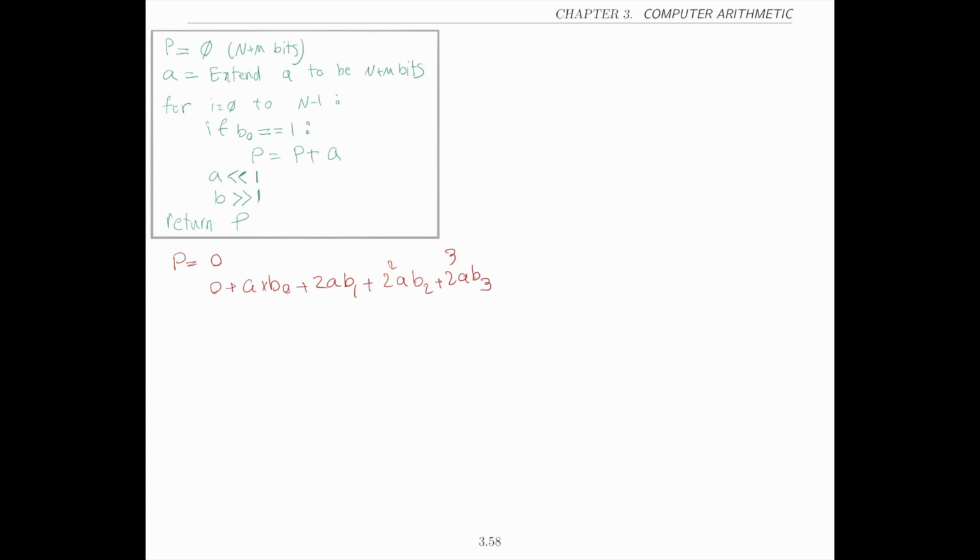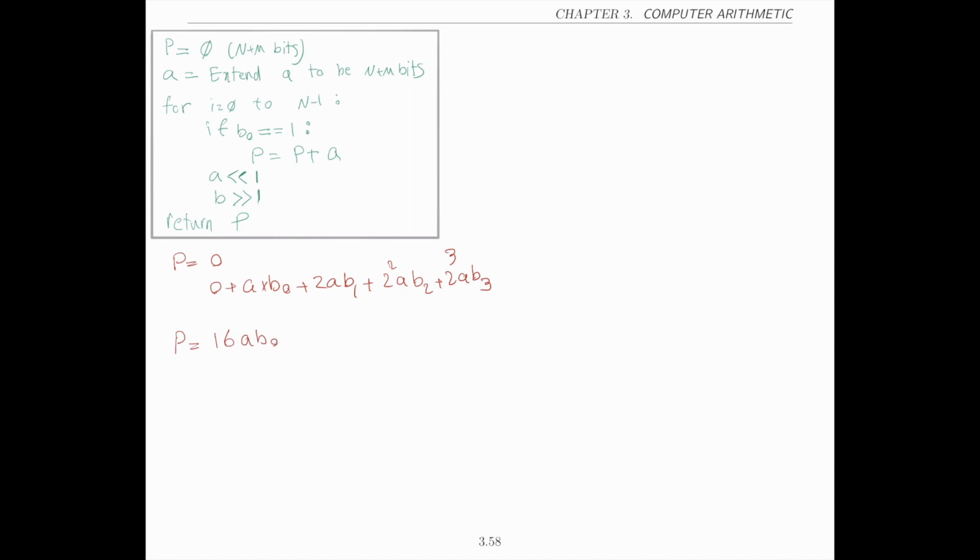That's what this algorithm is computing, iteration 1, iteration 2, iteration 3, and iteration 4. Now, I'm going to take this and think about if I can rewrite it mathematically in a different way. What if I start by setting the value of p to 16 times ab0,